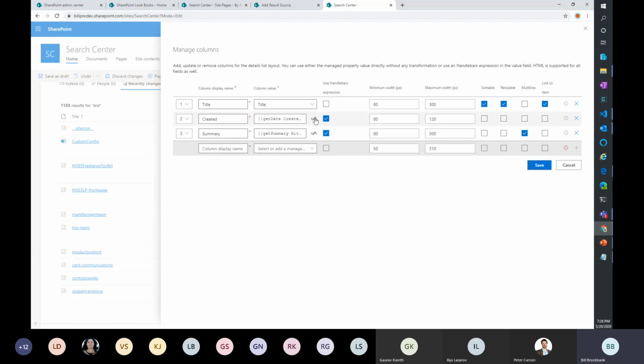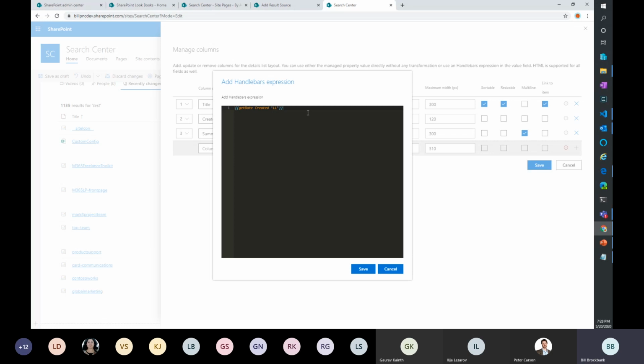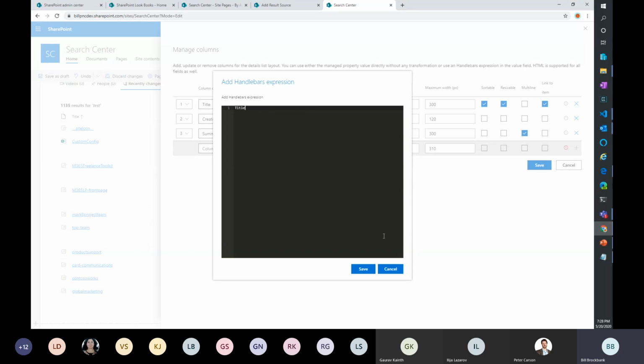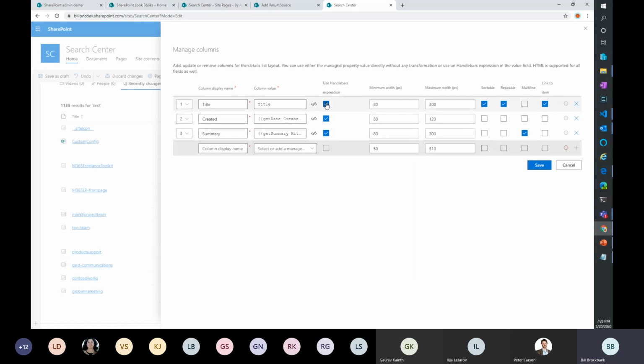And within here, in this example, you get to do some handlebars formatting. This is formatting the date for you, so you get a nice date instead of the out of the box date look. Once you turn this on, you can do some formatting. If I wanted this to be bold, I can do all that with it. This is just simple little blocks of handlebars. You set your column width and maximums, and you get some settings.